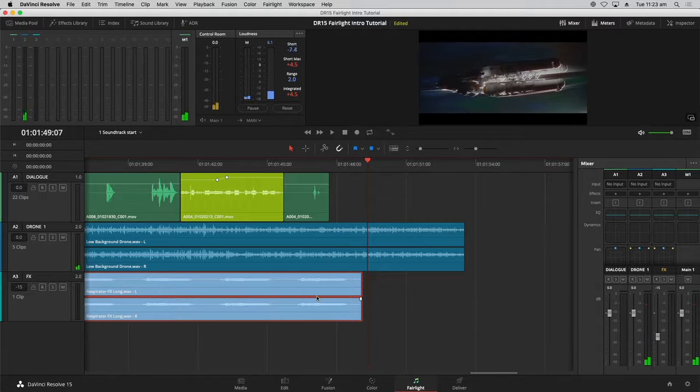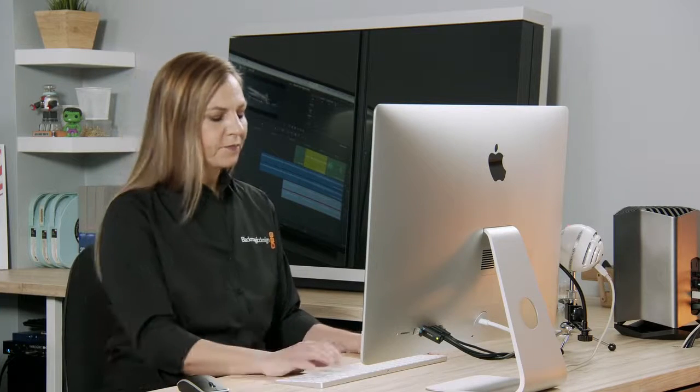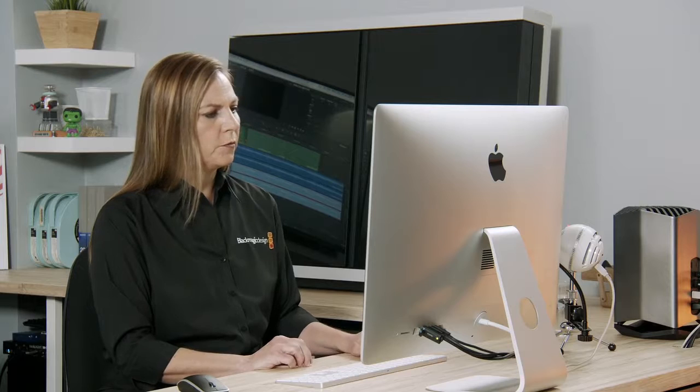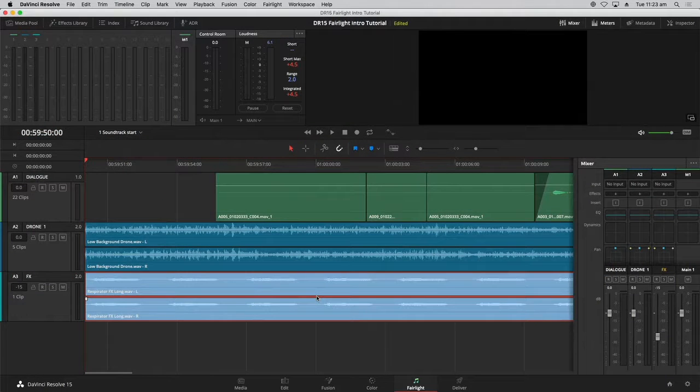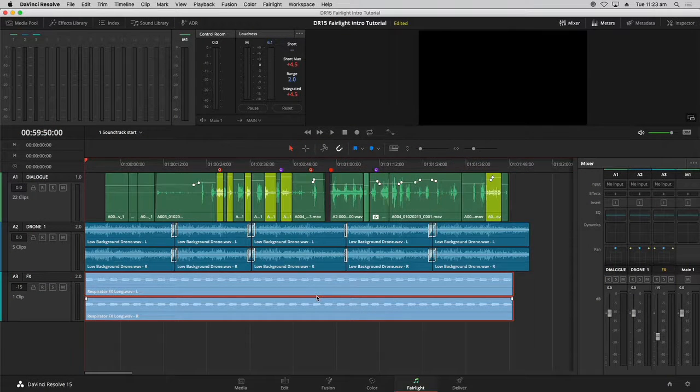He says what, and then we go to a spaceship. So I think that's going to work just fine. Again, later on, if we decide we want to make any adjustments, you can always change it. Let's go back to the beginning. I hit the home key, and I'm going to use the shortcut Shift-Z to fit everything horizontally into the available